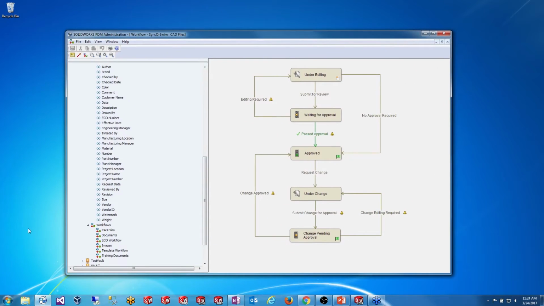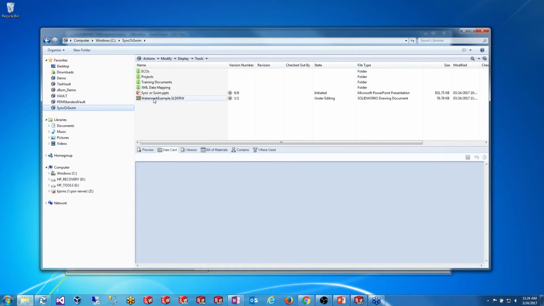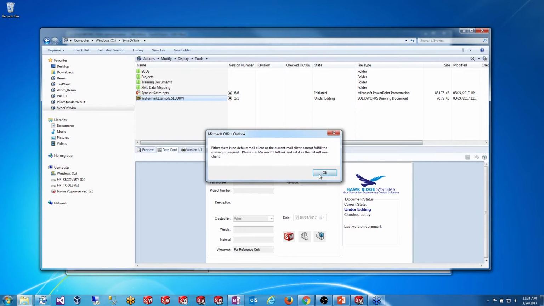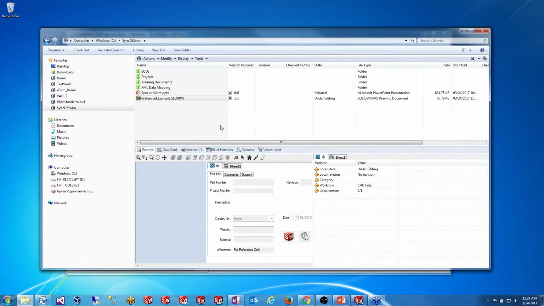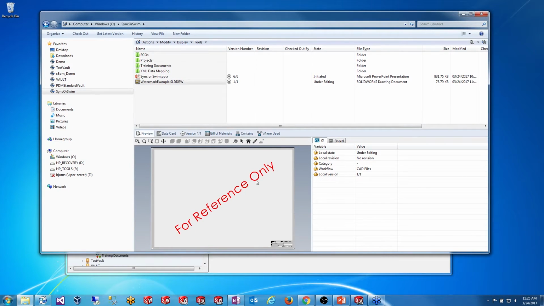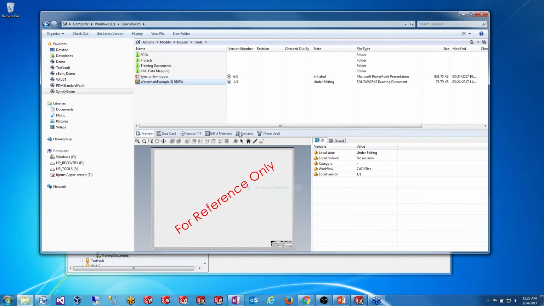And then I will go ahead and test this out by browsing into my vault. Have my watermark example drawing there. Take a look at the preview. As it updates. There we go. So it has that for reference only watermark on it right now, but as I pass it through my workflow, that should be removed. So if I right click it and change the state for no approval required,